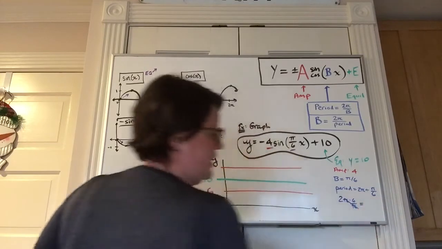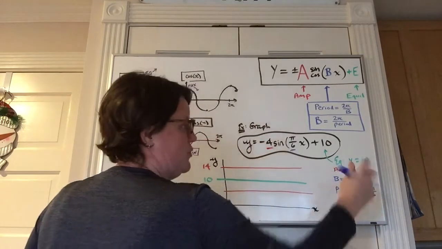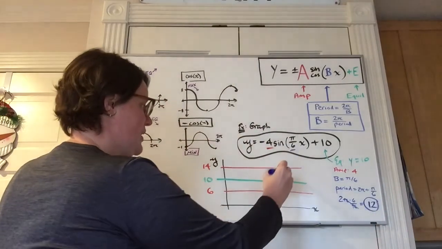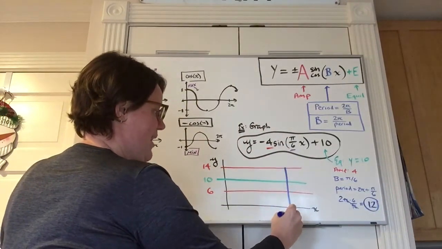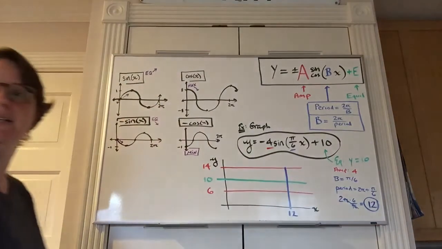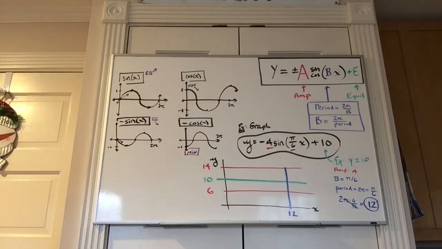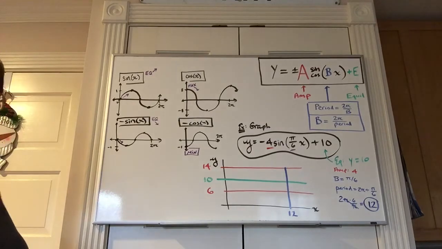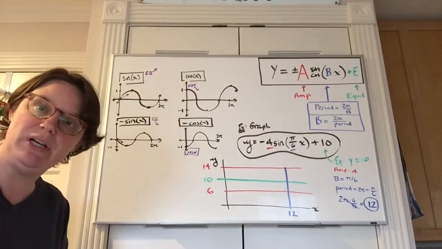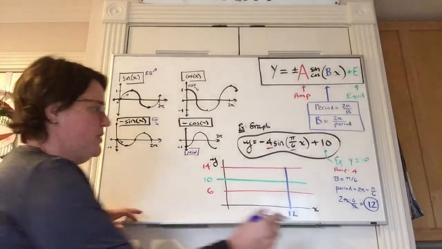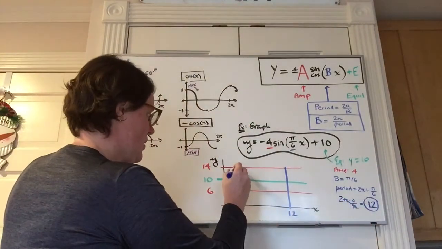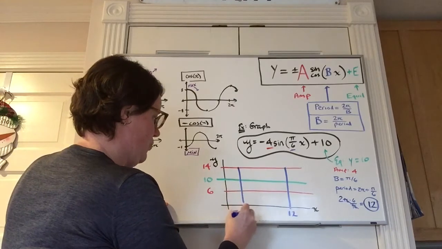The b value here is pi over 6. The period is going to be 12, meaning that at an x value of 12, I have finished up a full cycle. You might remember I made a point on the last video that you're not just interested in the period, you're interested in the quarter period, or the period divided by 4. If I divide this by 4, I'm going to get 3. So that means I'm going to have a special point at 3,